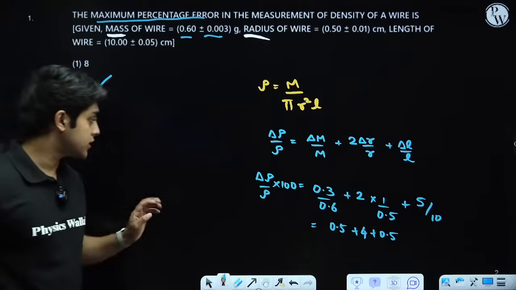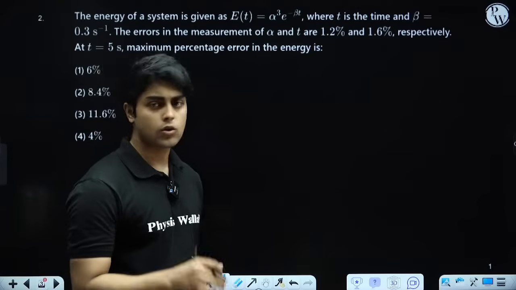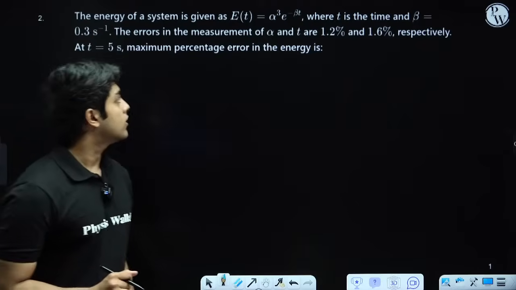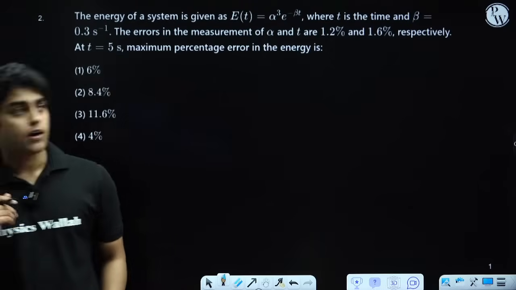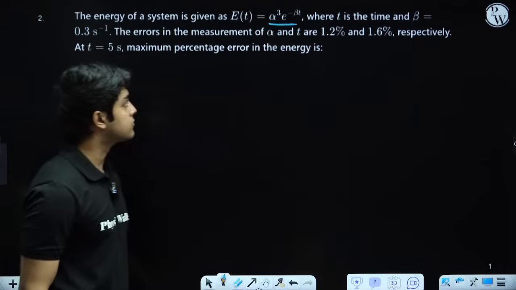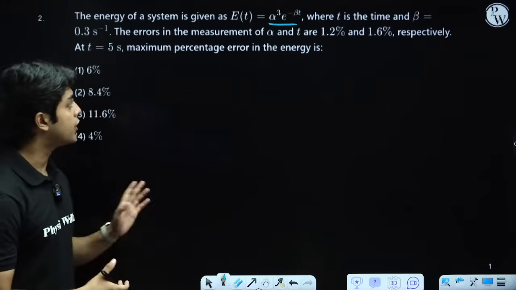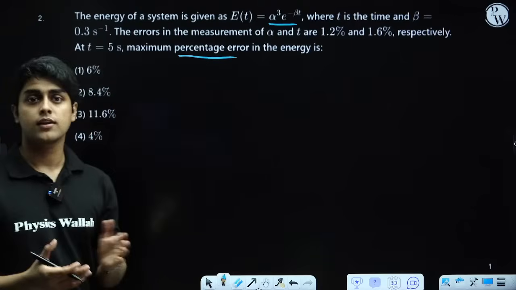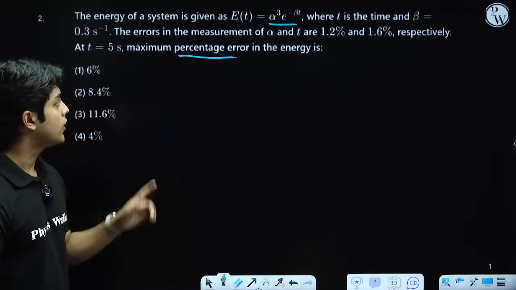All right. So this question is easy. Now moving on. This is a slightly harder problem when it comes to error analysis. All these questions are from previous year JEE Mains only. I think this is from the 2025 JEE Mains. This type of question, where we have a complex function in which we have an exponential, is harder when it comes to the percentage error. We cannot use the typical delta L by L type of formula which we used in the last problem. So here what we'll do is